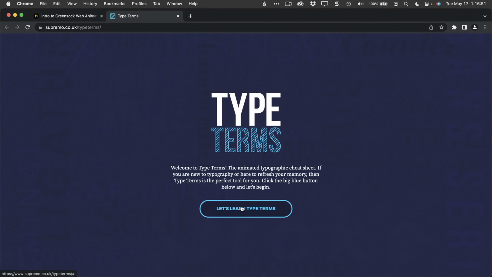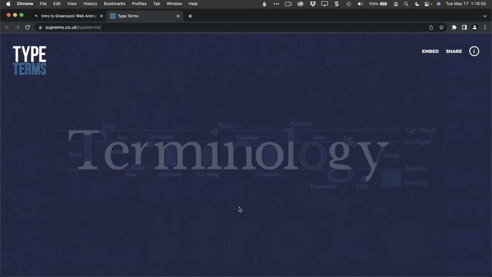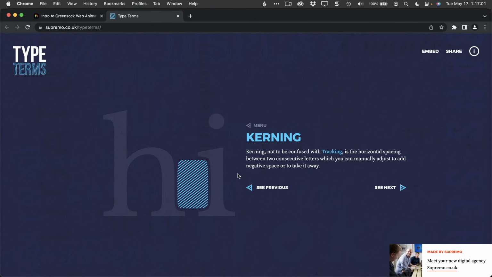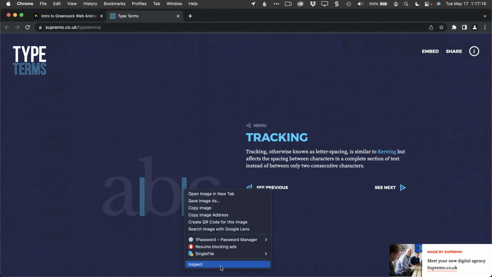So this is a little animated game. You can go in here. This is interactive, so you can click on any of these individual areas. And if you watch, there's an animation. Pretty cool. If you inspect this,